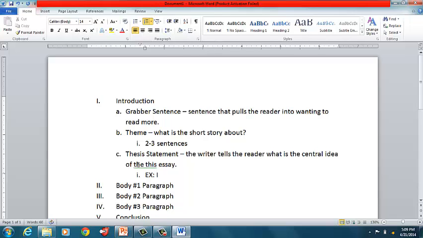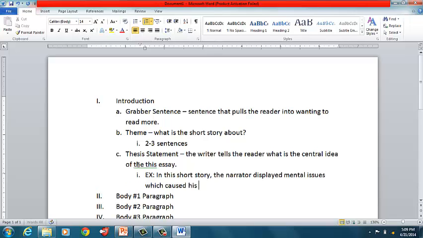So I might say, in this short story, the narrator displayed, and I'm using past tense because this story has already happened, and you will probably need to do the same for your own, it needs to be in past tense. The narrator displayed mental issues which caused him to kill the old man and his